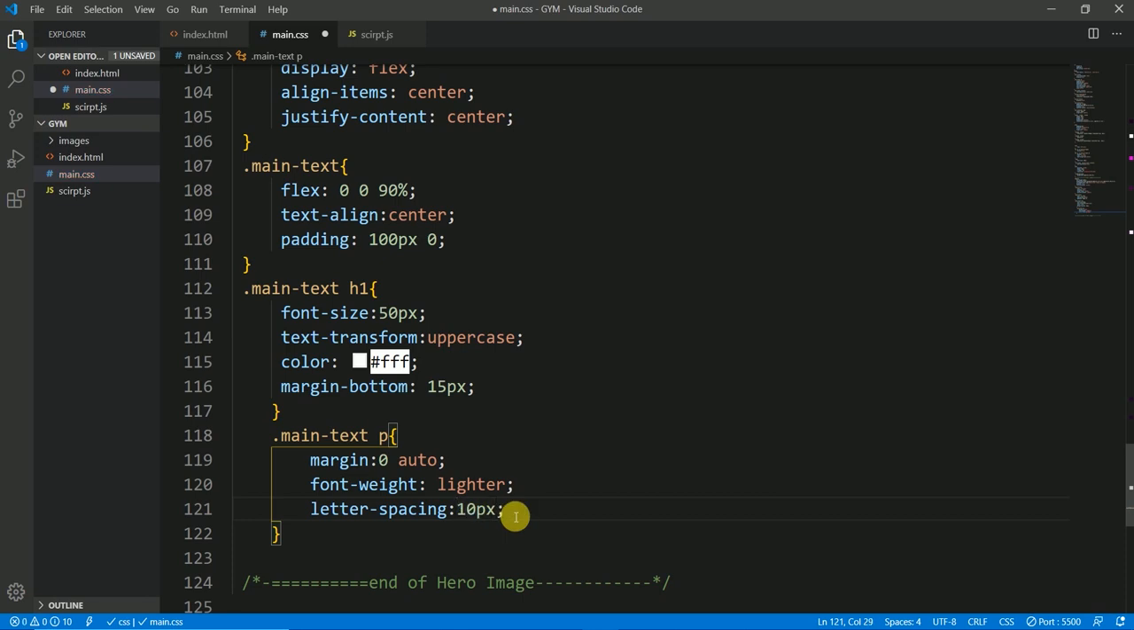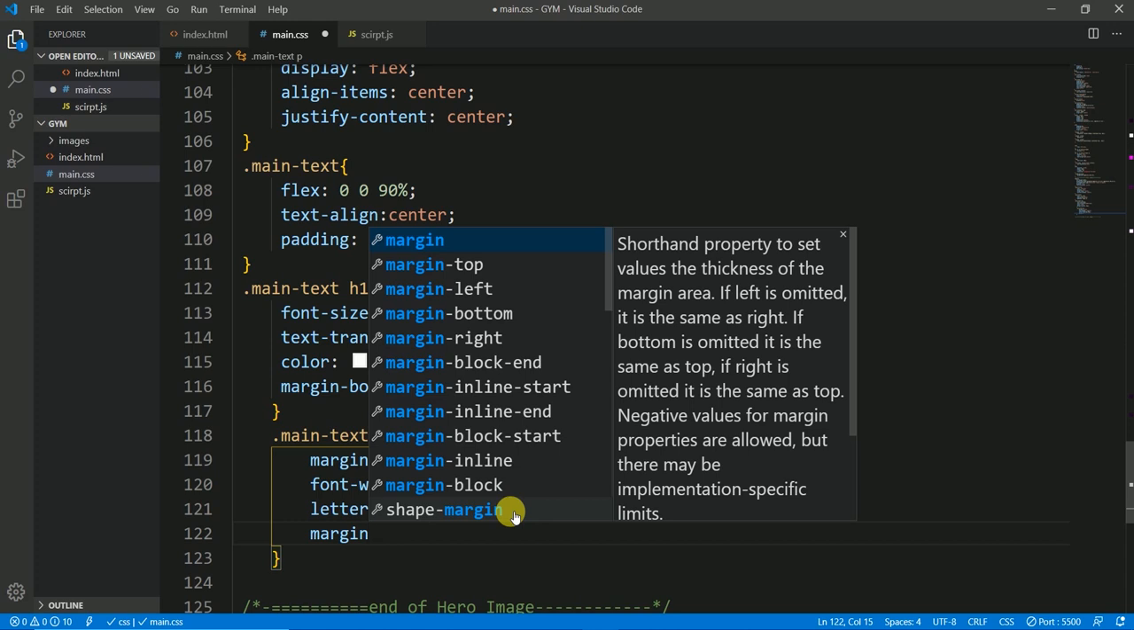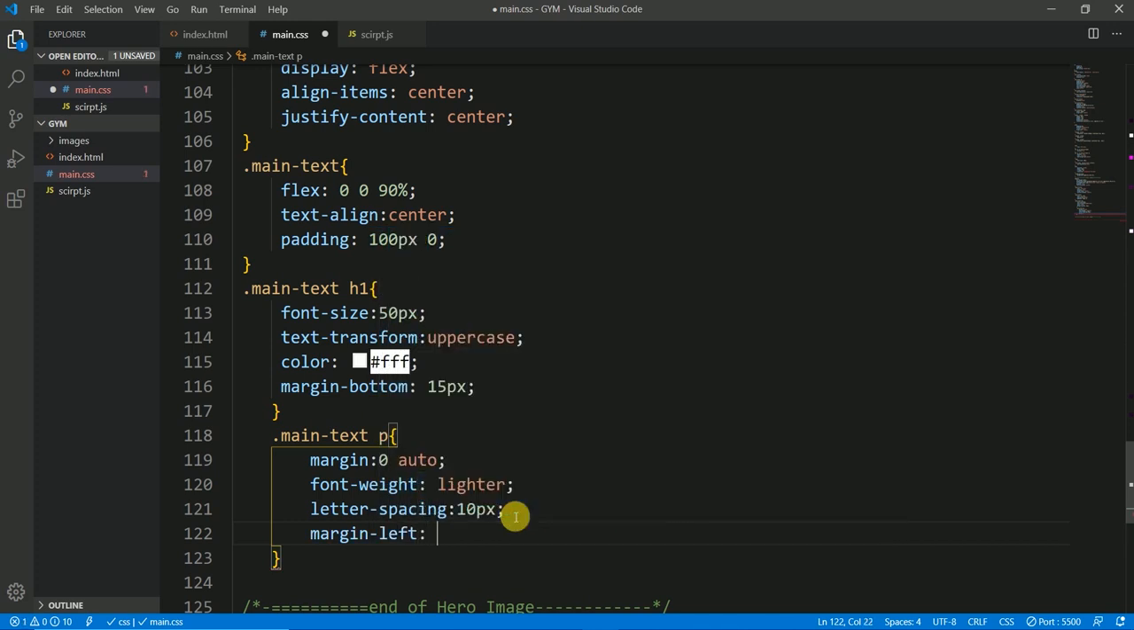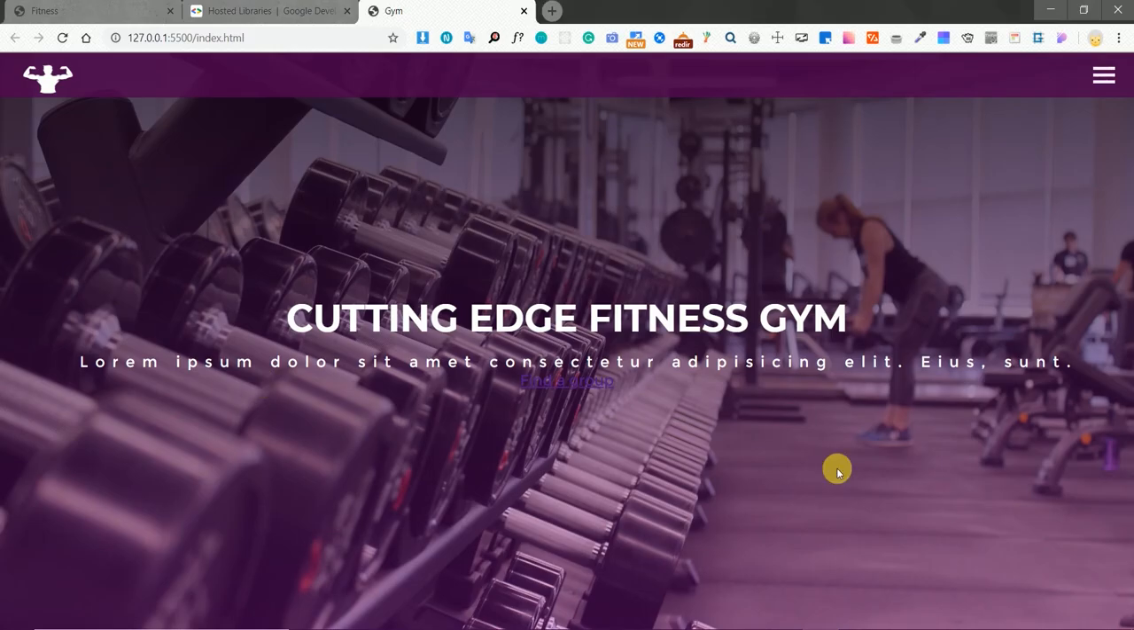Okay, margin left would be 32 pixels, and color for show this white. Okay, let's save it. Okay,